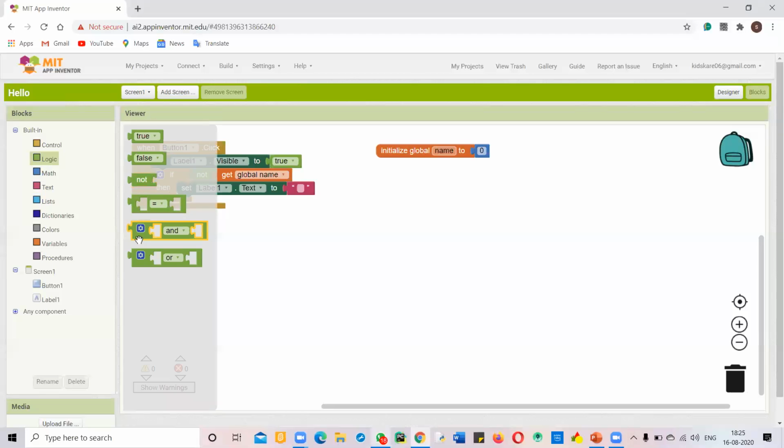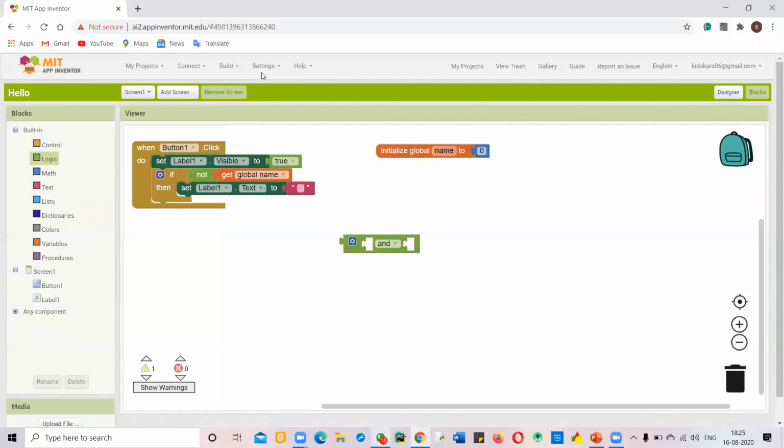Now coming to the and block. Okay, now one question to you. What is this button? What is the proper name for this? I told you in the class earlier. What is the proper name for this button? Nobody remembers?